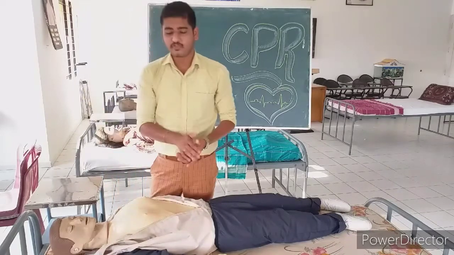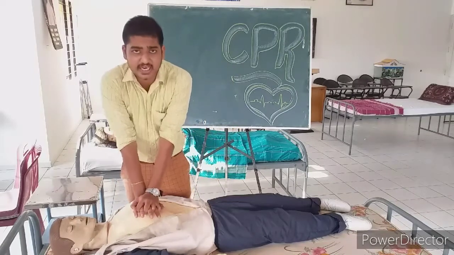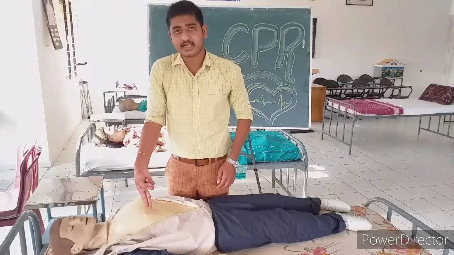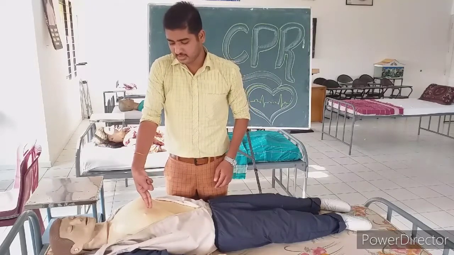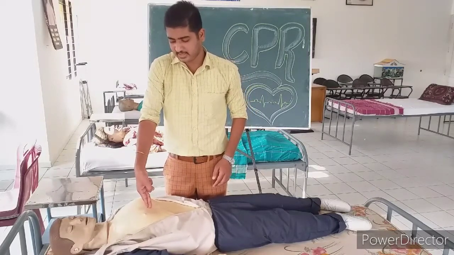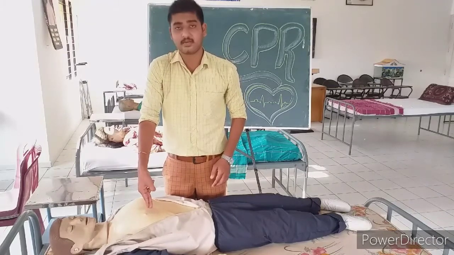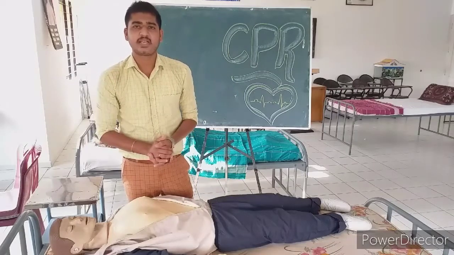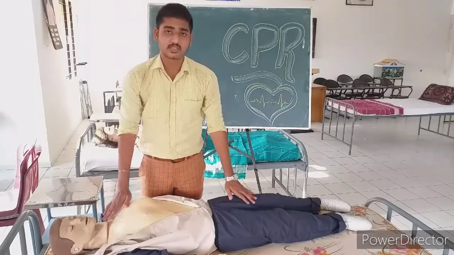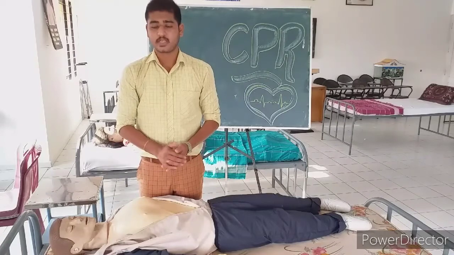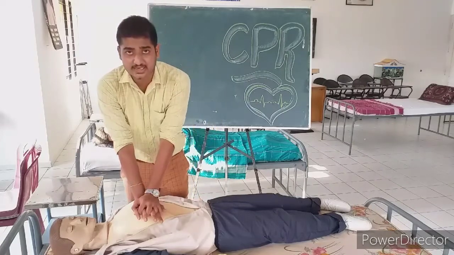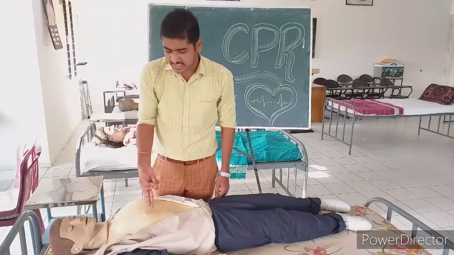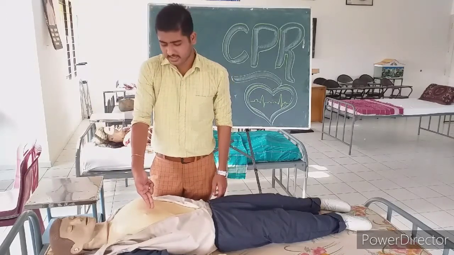In case of pediatrics, we are not giving the CPR like this. Only with 2 fingers, place them at the same place and give the press this way. 1, 2, 3, 4, 5, 6, 7, 8, 9, 10. Why we are giving it this way in case of infants is that their body is very delicate. It is not developed the way it is in adults. So their body cannot withstand this much greater amount of force. So this 2 fingers force is enough for them to give the CPR.